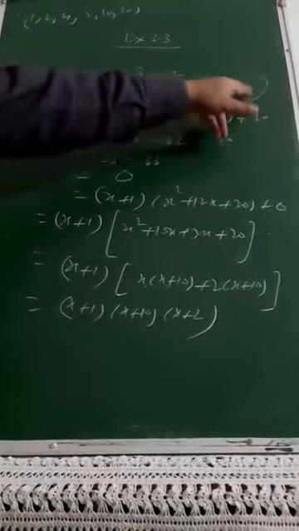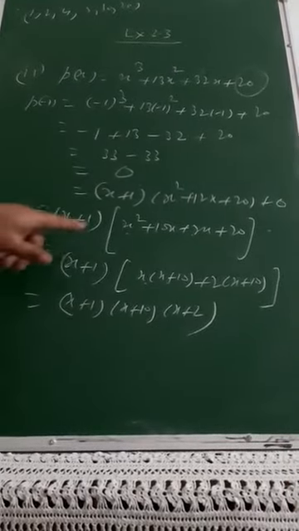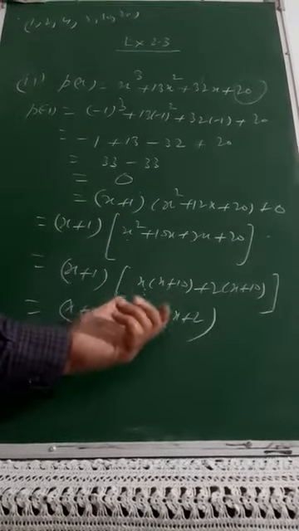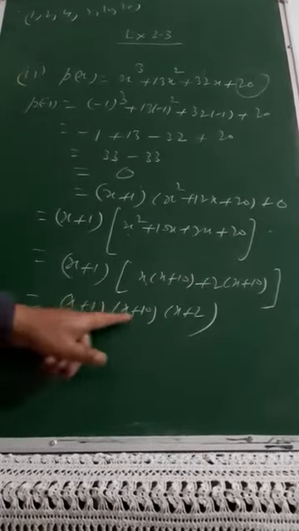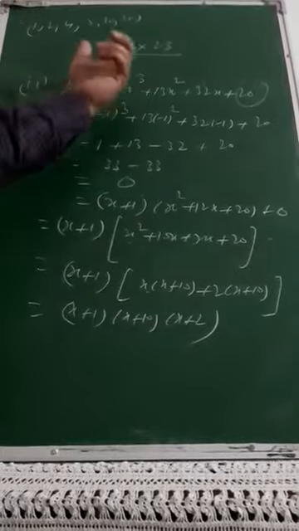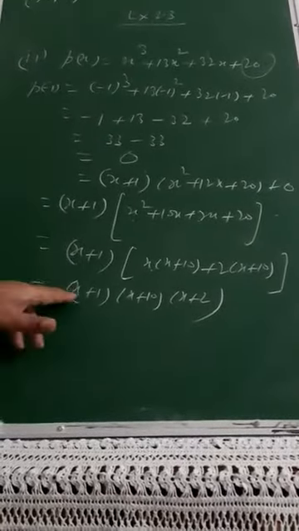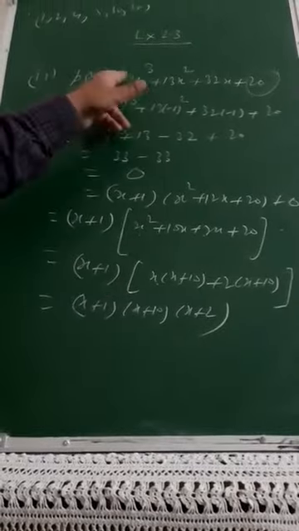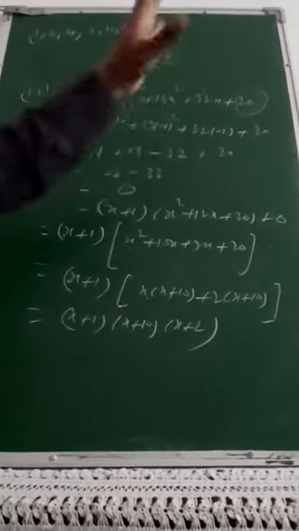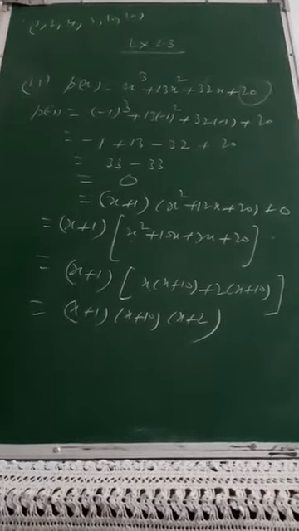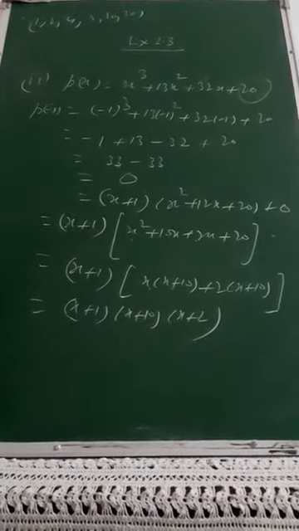So for this polynomial, dividend is equal to divisor into quotient plus remainder. The quotient was of degree 2, so middle term splitting was possible. I did that and I have factorized the polynomial. Definitely the degree is 3, so x will be getting multiplied how many times? 3 times. You multiply these 3 and check, definitely you will reach the given polynomial. So only one part left. You please try that, keep a check.